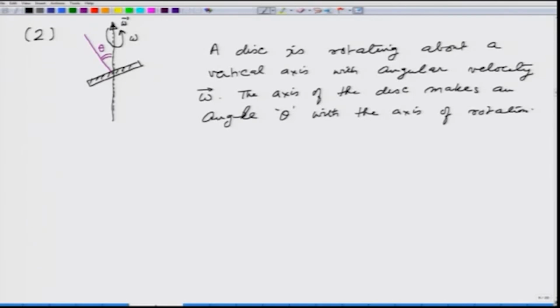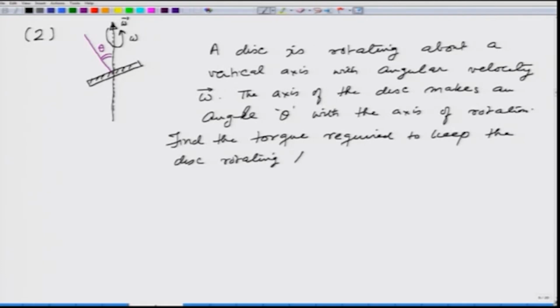Find the torque required to keep the disk rotating like this using Euler's equations. So, solution: